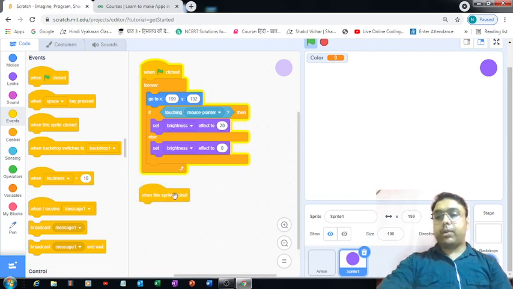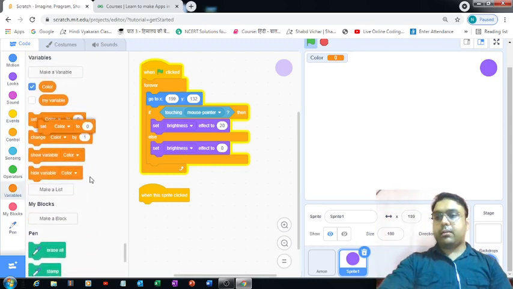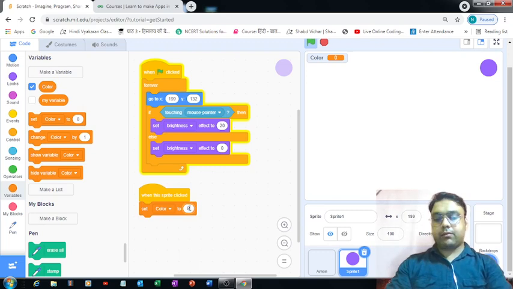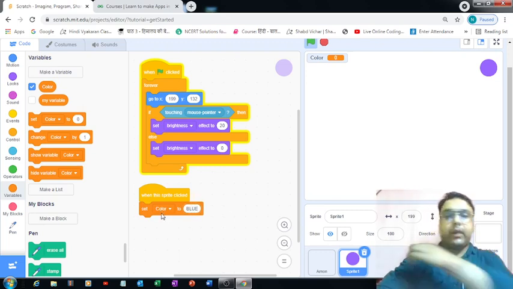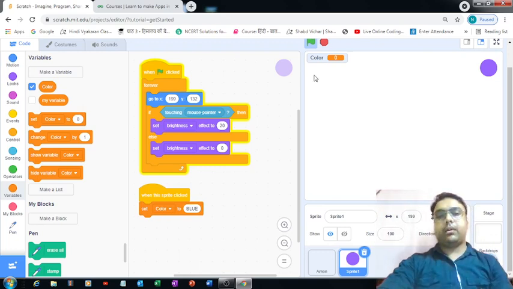Now when this sprite is clicked, what should happen? We can set the color equal to blue. I think that is going to give us the correct output. So the variable color that we have defined over here, its value will be set to blue.